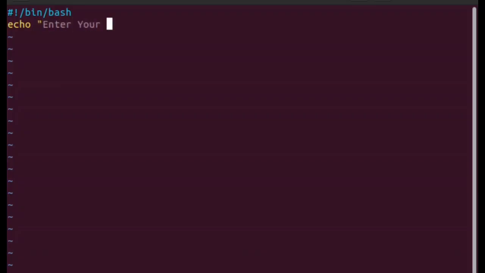Enter your name. And then I'm going to use the read command, and whatever I put after this read command is going to store whatever the user puts into the variable. So whatever comes after this read command is your variable, and it's going to store the user input into this variable. In this case, we're going to name it name, okay? So now this is a variable, and it takes the user input and stores it in the variable name. And then I'm going to echo welcome, variable name, to intro to bash